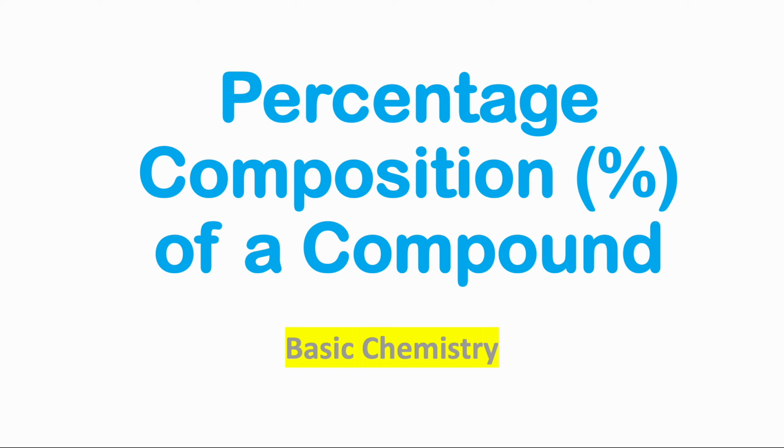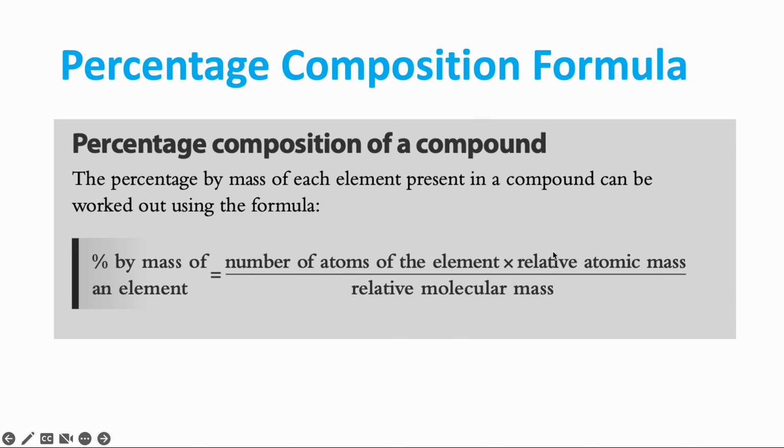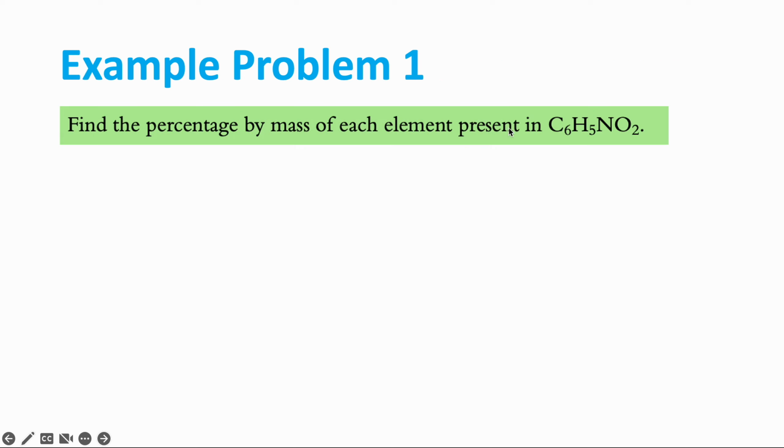Alright, so in this video, I'll be showing you how to calculate the percentage composition in a compound. So let's say you want to find the amount, in percent, of carbon in that compound, or hydrogen and so on. This is the important formula that you have to know when it comes to percentage composition. I'll be using this formula later on anyway, but if you want to write this down, you can. So I'll just go straight into an example problem, which is asking us to find the percentage by